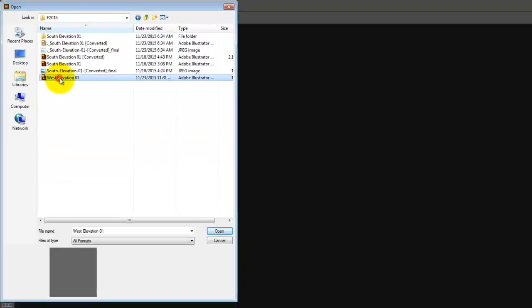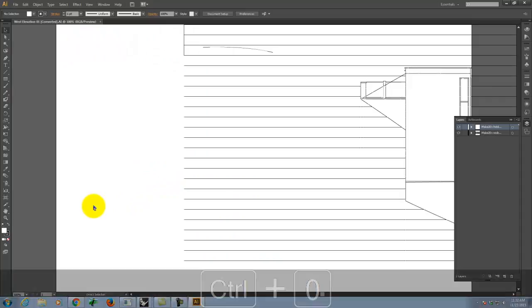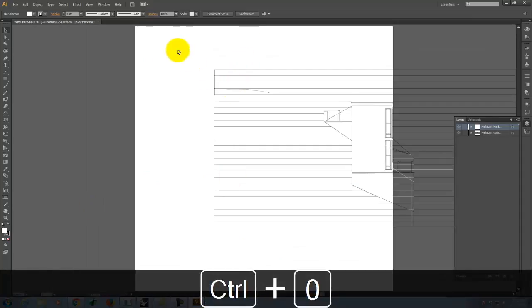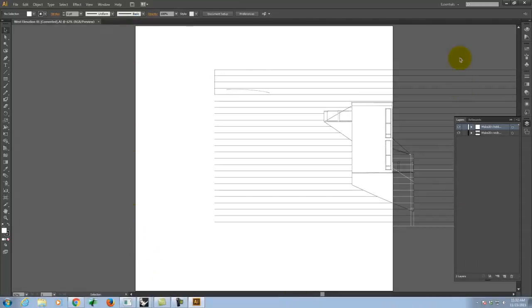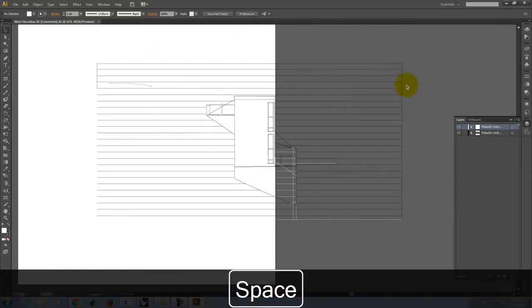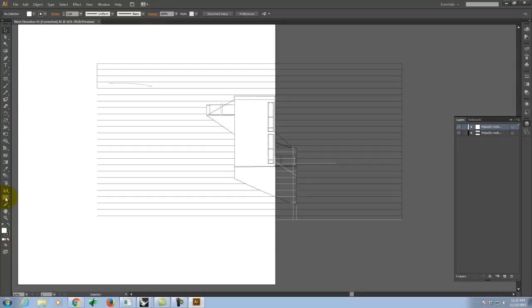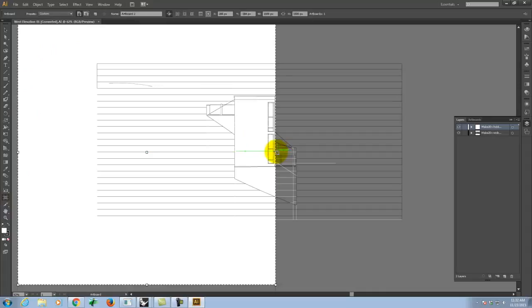And it was the west elevation. I'll go ahead and say Open, and it will then show up in my view here. Press Control-0 so we can see it. Now notice that the size of the white space in Illustrator is different than the size of my model. Right? My drawing actually goes over here. I'm going to change that by clicking on the Artboard tool, which is right here. Looks kind of like a crop. And I'm just going to drag this to match